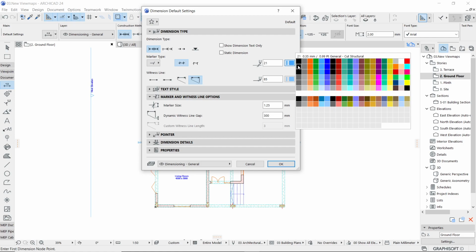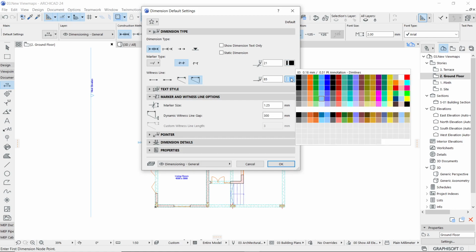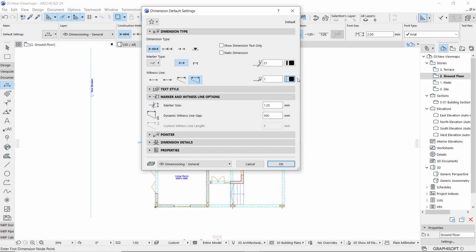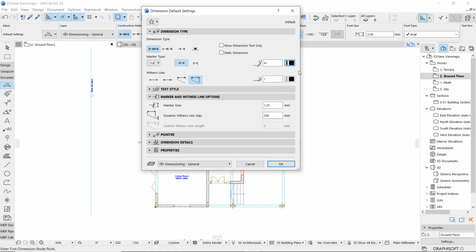So this 21 number, which is supposed to be 0.35, I'll choose this, and then the other option is supposed to be dimension line or the witness line pen, which is 85 number, that I'll try to keep as a thinner one, that is 0.13. So this solely depends on your convenience. If you say no, that 0.35 will be a bit thicker, you might even try to keep it as a 41, that is 0.25 mm.